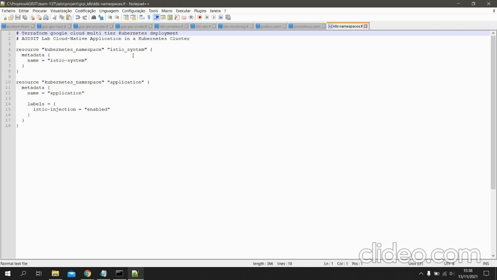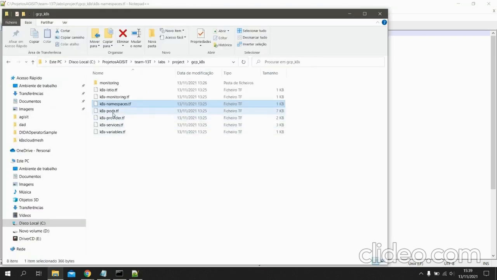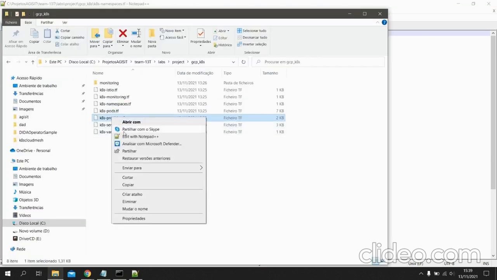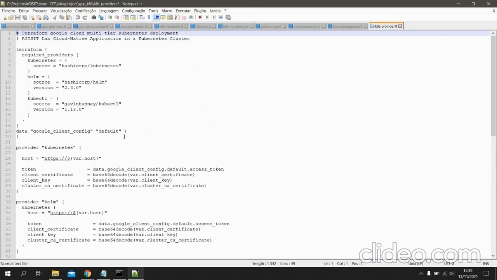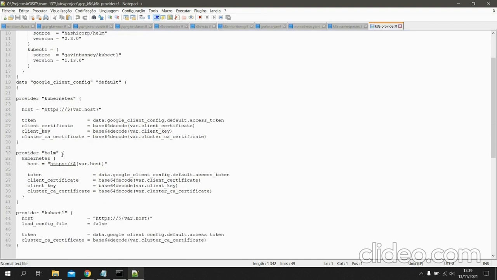The Istio system will have the monitoring tools, and the application will have the microservices that we talked about a while back. Now, this file is the requirement providers for this application: Kubernetes, Helm and kubectl.